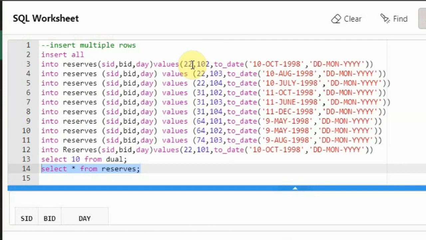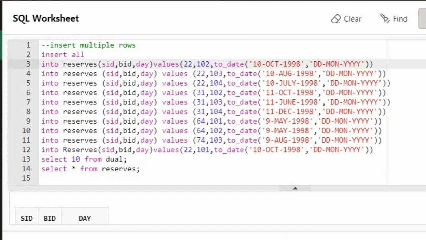Insert 22 over here. Without inserting 22 in the sailors table, it will not know whether 22 exists, and you are saying it's a primary key and it should exist in the sailors table before it exists in the reserves table. So that rule is why you get a conflict. That's why you have to create the sailors table and then the boats table, and then the reserves table, or else create the boats table, then the sailors table, and then the reserves table. Because BID and SID are the foreign keys in the reserves table, you have to insert into it only after the data exists in the sailors table and the boats table. So I hope the insert command is clear to you.